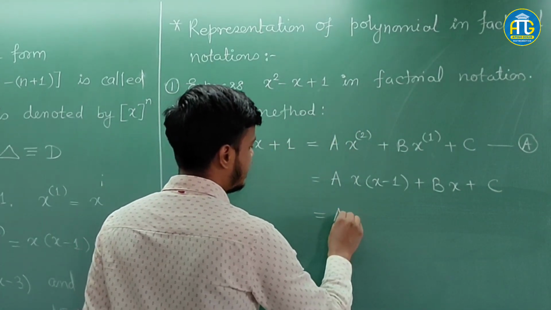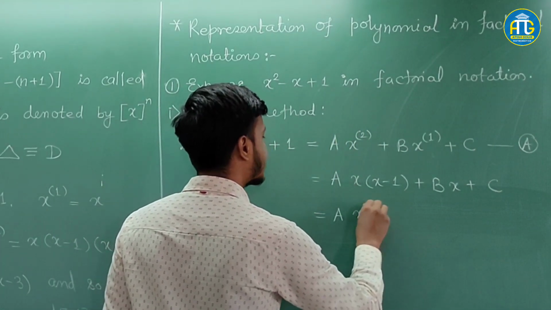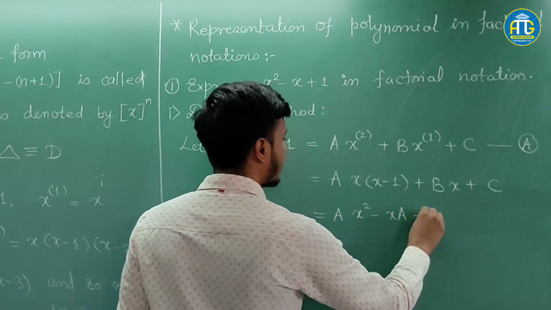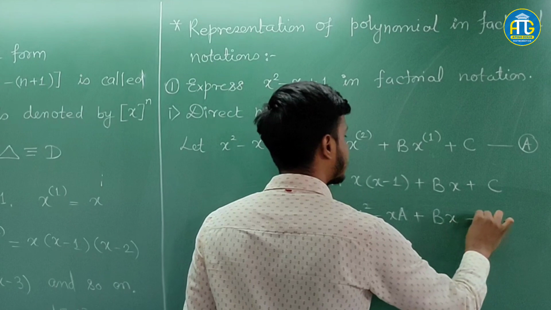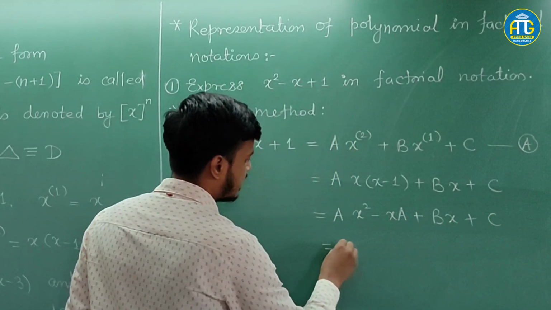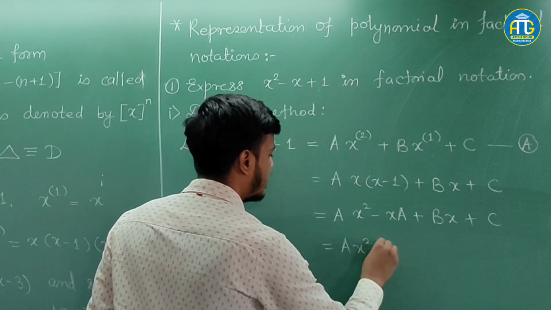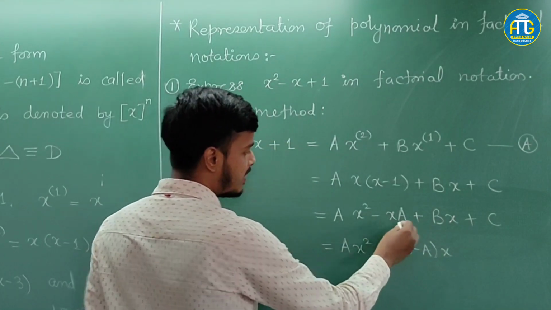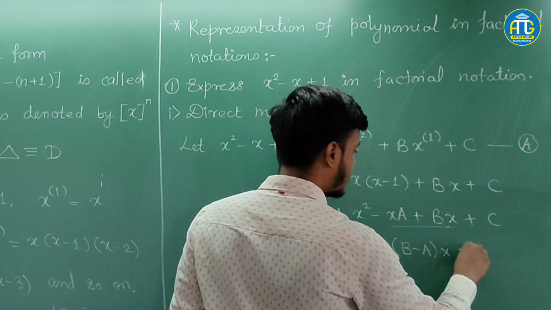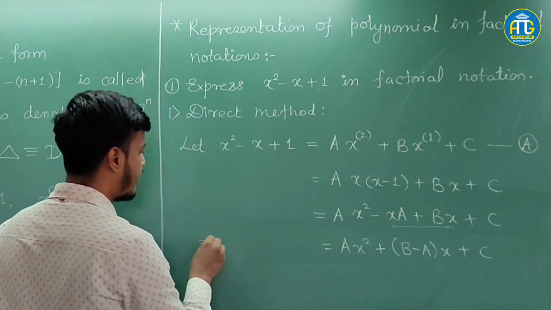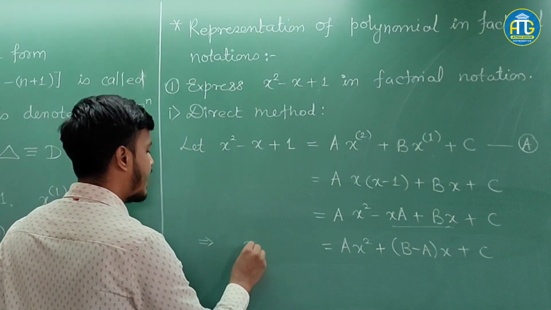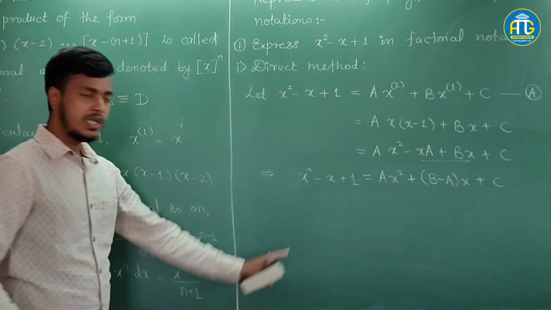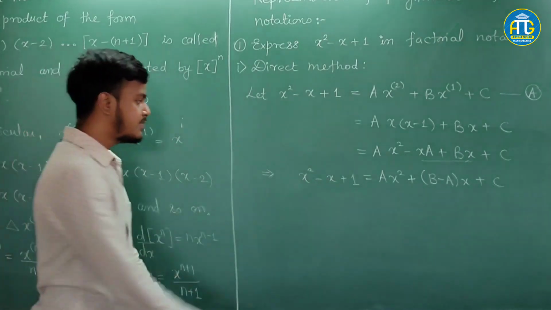Solve this further, you would get a into x squared minus x a plus b x plus c, that is ax squared plus (b minus a)x, here x is common from these two terms, plus c, and in the left hand side we have x squared minus x plus 1. Now when you equate the coefficient of like terms,